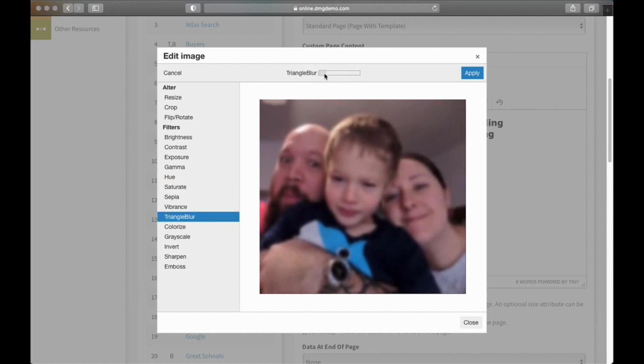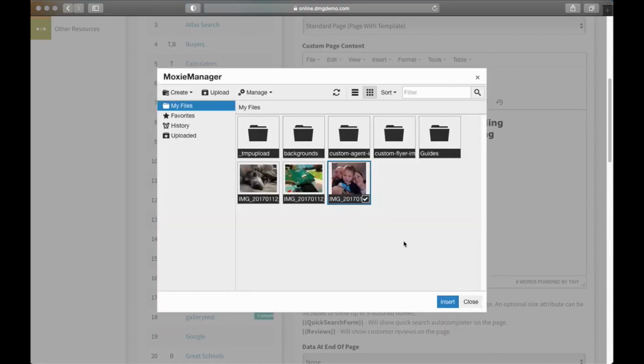Add a blur to it. There we go. So you see that there's a whole lot you can do as far as modifying your photos right here through the DeltaNET, which is nice because it saves you having to make the change and then re-upload the photo. You can just do it all here. So we'll close that out, and then once you have your photo all set up, now I would save that